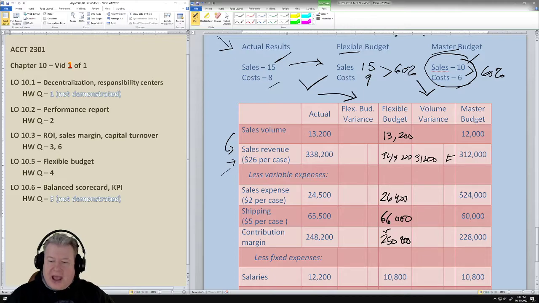Here, well, naturally, the costs, the expenses, are going to be more than the master budget just because we've scaled it up. So this is up by 2,400. And this is unfavorable, and so on with this. This is an additional 6,000 more than we did in the master budget. But the contribution margin, because the sales is up, is going to be more. So this is favorable.